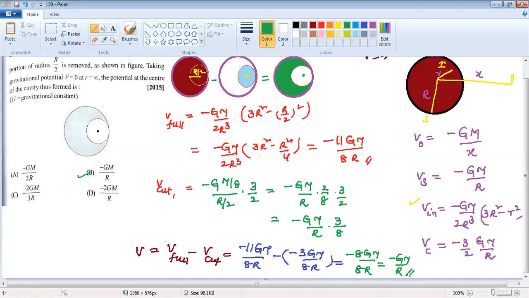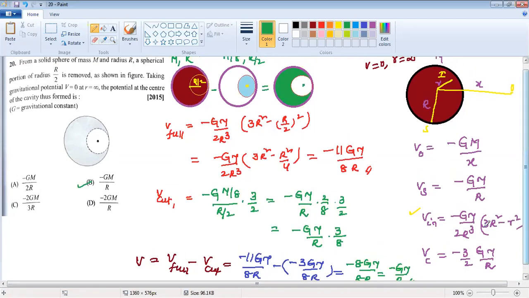So please think a while. These are all the relations. In gravitation, we will get the GM. In electrostatics, instead of G, we will get 1 by 4 pi epsilon naught, and for M, that is charge. The only difference is that gravitation is only an attraction field, so the potential is minus. But in electrostatics, if the charge is positive, we will get positive here. If the charge is negative, we will get negative here. These are the important concepts you have to learn, in electrostatics as well as in gravitation.